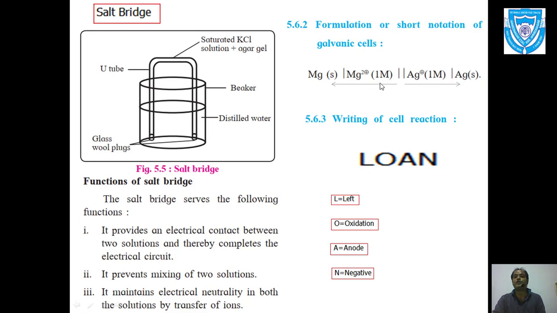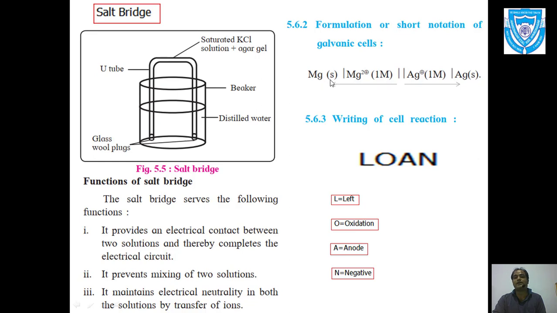So this is the ionic solution of them, and these are the electrodes. In some cases, for example, when we use hydrogen as a gas, we use platinum for the electrical contact. So we have to write down platinum, then a single vertical line, then H2 hydrogen, and then H plus ionic solution. That means when we use platinum as an inert material for the electrical contact only, we have to mention that here also.